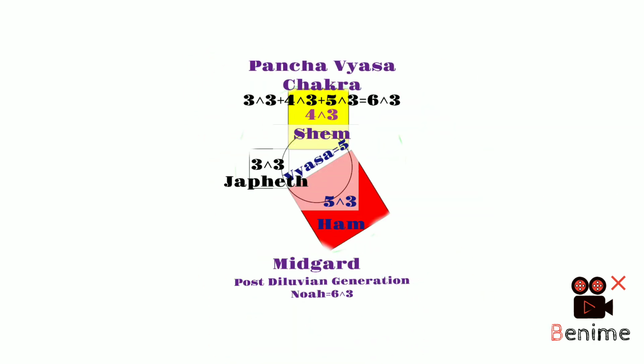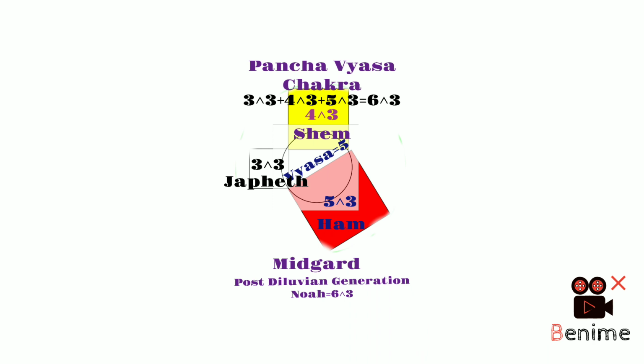the middle world. I call this because, as I told you about the bow and arrow thing, Ja, Kotija, and Utkramaja, all those things, Vyasartha. Basically, the MahaBharatha was written by Vyasa, and it was not for nothing they named it Vyasa. This is the Pancha Vyasa. Pancha Vyasa, I associate it with the post-diluvian trio of sons of Noah. Ham represents 5 cube, Shem represents 4 cube, Japheth represents 3 cube.